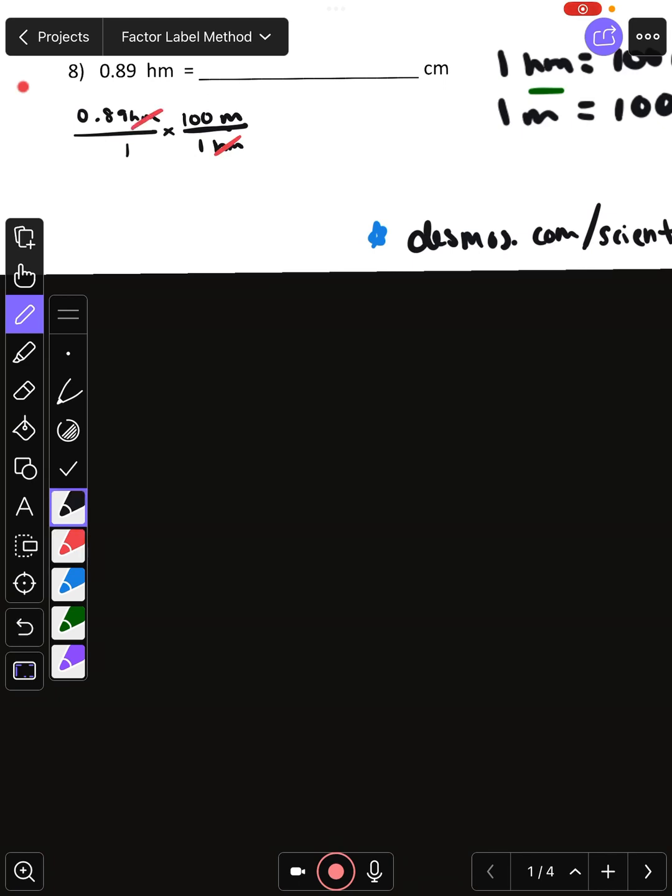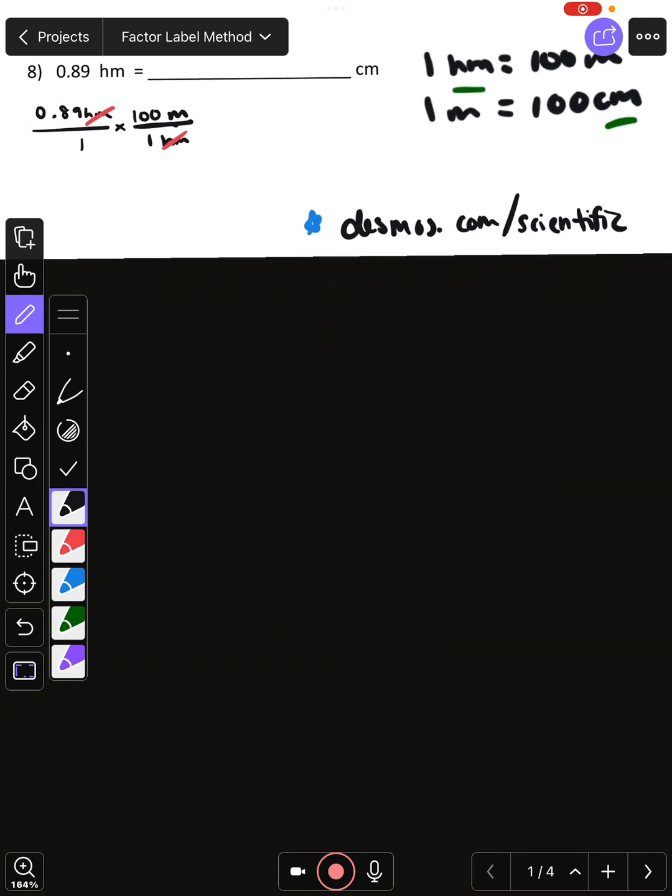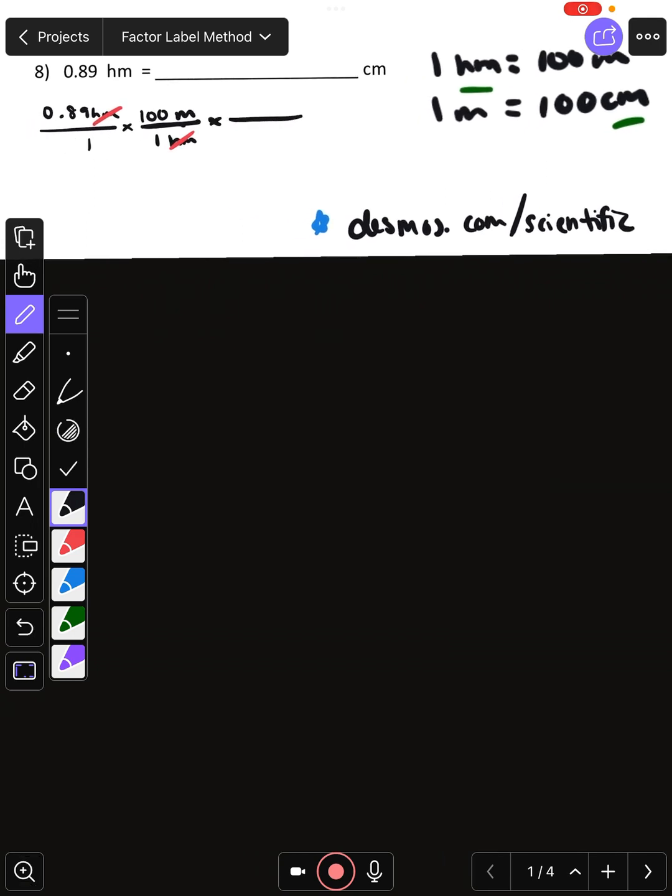I'm left with meters, but I don't want meters, I need centimeters. So I have to use meters to centimeters. For every 1 meter, there are 100 centimeters. So there's a 1 in front of meters and a 100 in front of centimeters. This cancels out. When I rewrite this, I just have 0.89 times 100 times 100. There's nothing in the denominator, so that's kind of nice. So I'm not going to put parentheses in my calculator. 0.89 times 100 times 100 is equal to